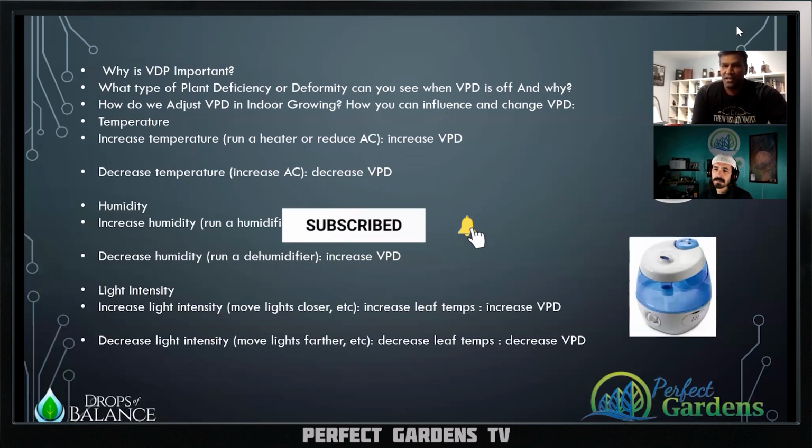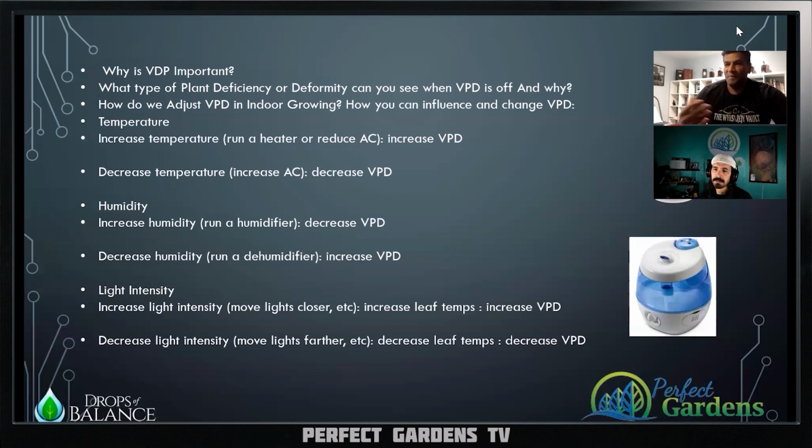And so we have to be alert to look for things like a nutrient disorder, a deficiency, lack of trichome expression, or anything like that. As growers, we may need to tweak things like our temperature, our relative humidity, the amount of water, the amount of nutrients based on our measuring tool of VPD. I see how you do it, and you actually hit these right here. Increase humidity, decrease humidity, light intensity, increase and decrease. And how you do it is how I do it.